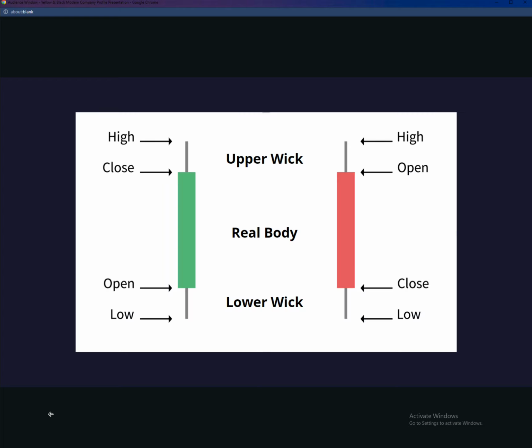Price action in the cryptocurrency market is generally determined by emotion. A way that we can interpret the buying or selling intent of traders is by looking at a candlestick chart. The real body of a candlestick chart is either green or red. Green indicating the price of the token went up during that set time period, or red indicating negative price action